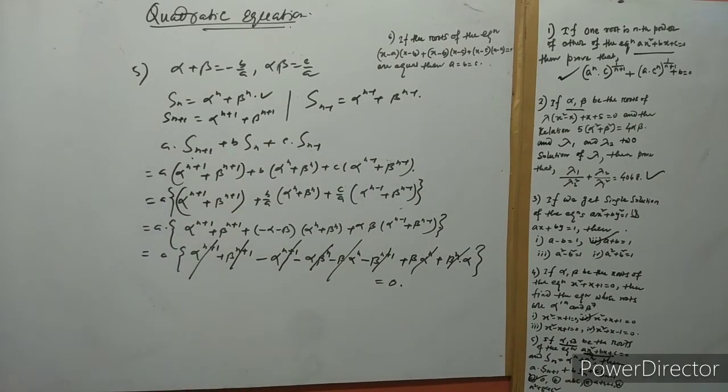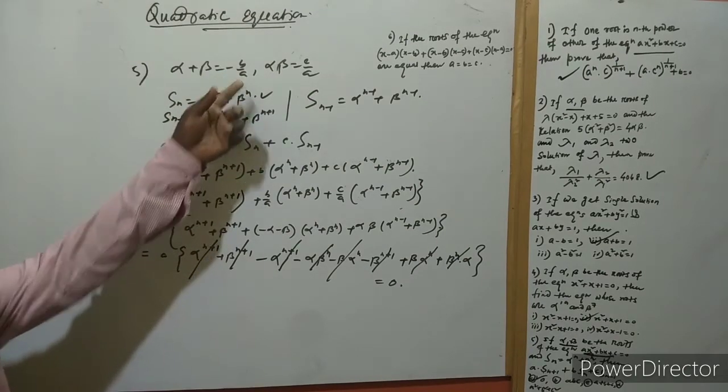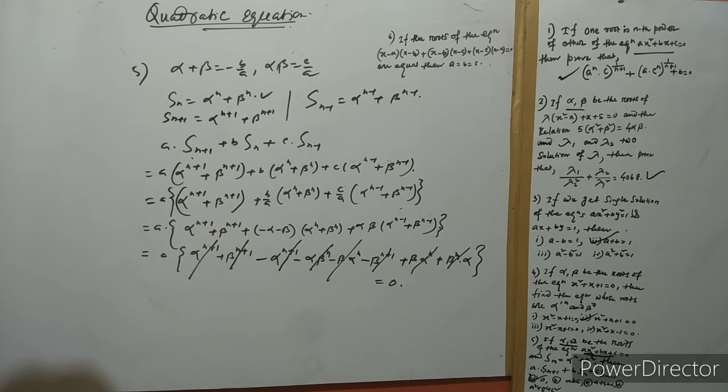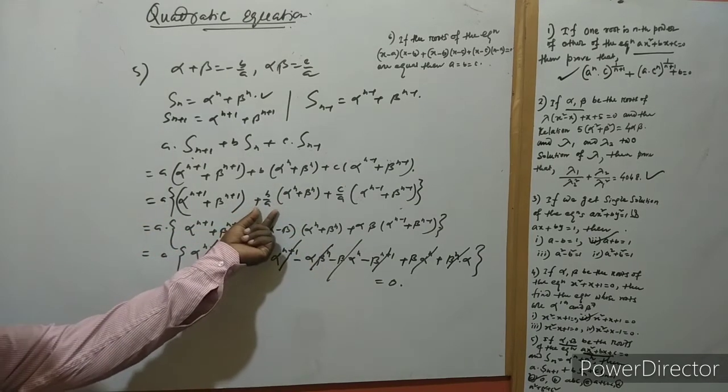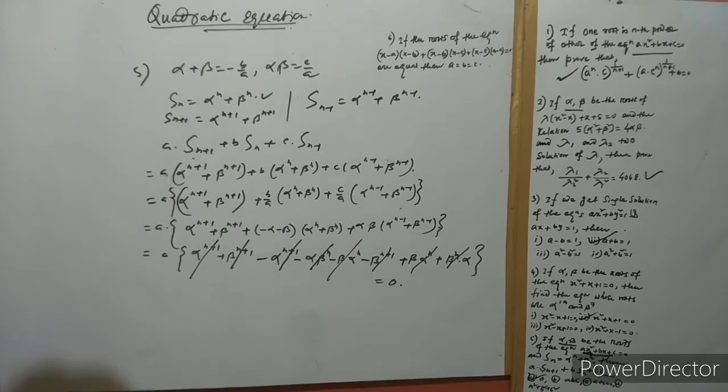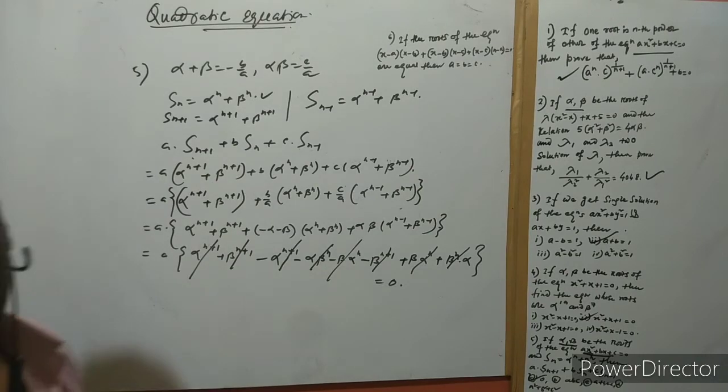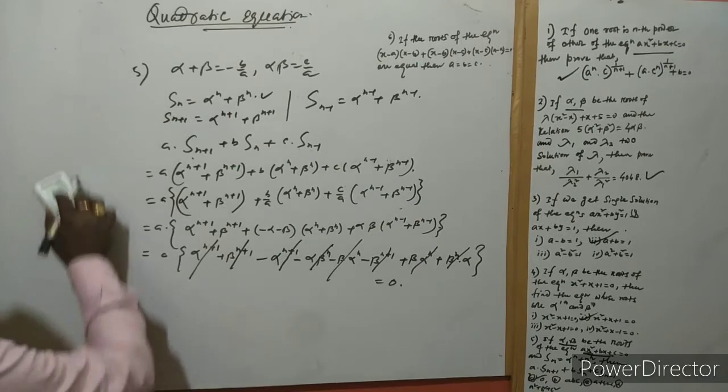Very interesting question. See how we can solve it easily. See the technique here. A, B, C, alpha, beta are all related, so that's why there is a relation B by A, C by A. See carefully, that's why we take common A here. We got B by A, C by A, and we can easily substitute B by A and C by A in terms of alpha and beta. Then we got the relation. So this is your 6. Now the next problem is 6.